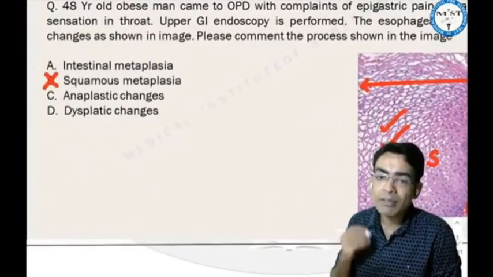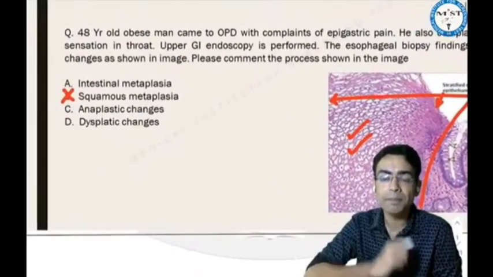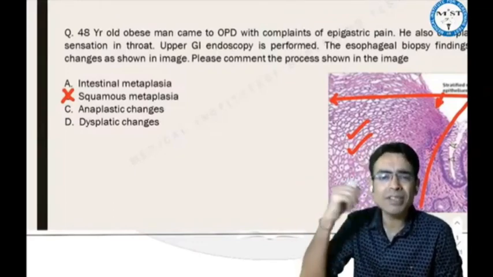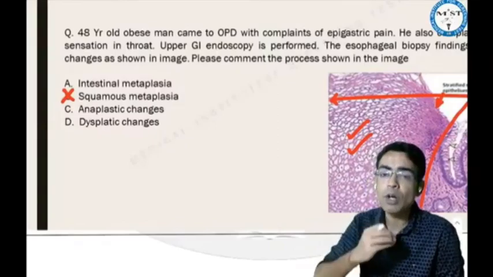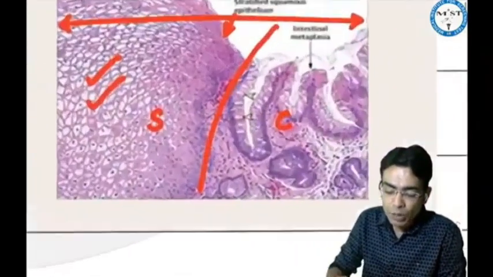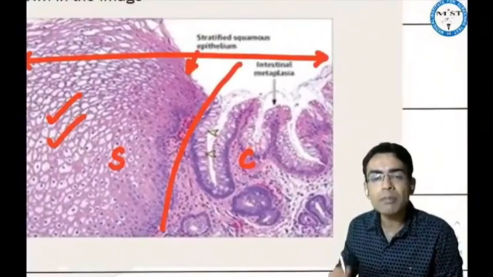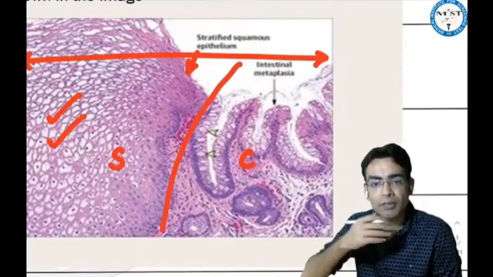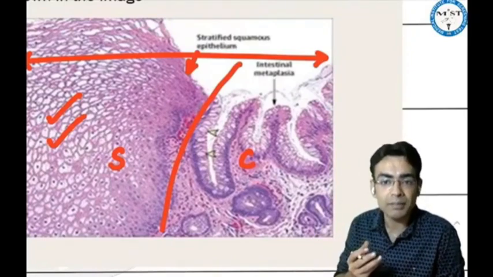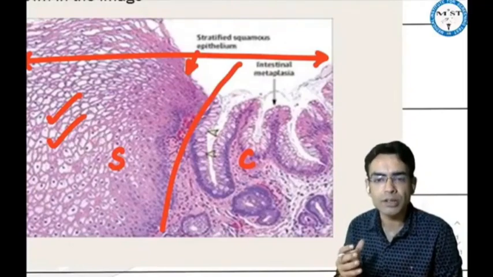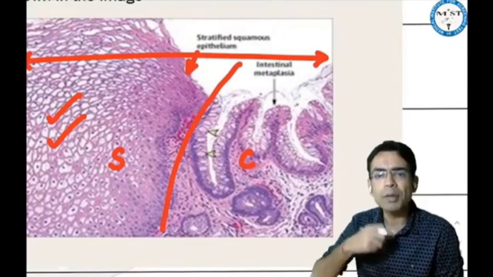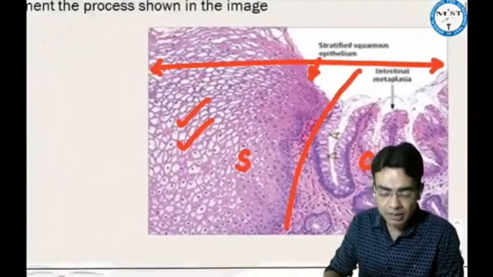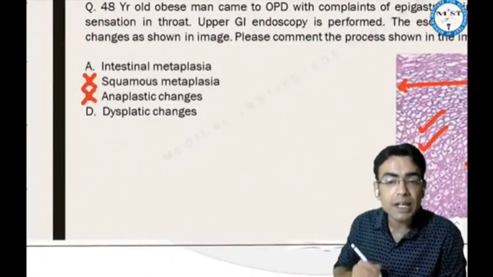Now, anaplastic changes. We have learned this in the class many times: what is anaplasia? Anaplasia means abnormal, undifferentiated growth, where you cannot make a difference between the cells. But if you see this growth, you can tell me there are different kinds of cells: we are getting blue color cells, pink color cells. So it is not an anaplasia. Anaplasia looks more dangerous. The NC ratio of the cells and the pleomorphism are too much in anaplasia. We have seen those slides in the classes. So this is not an anaplastic change, and this cannot be the answer.